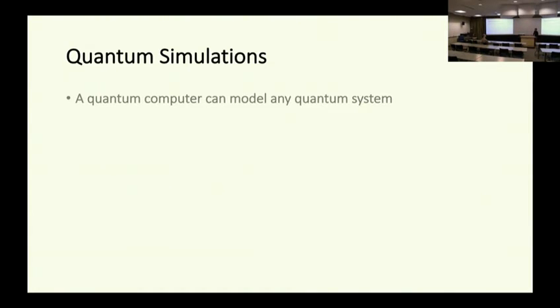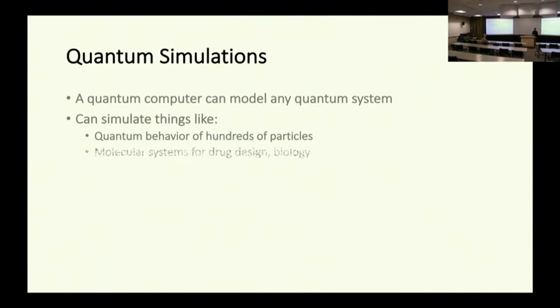A quantum computer can model any quantum system. Obviously, that was the whole premise of it. That's how the whole thing got started with Feynman thinking exactly this. So if you have this, you can begin to simulate things like nature. You can simulate quantum behavior of lots of particles, which you can't really do on classical computers because it's too expensive computationally. So you do that. You have the speed to do this. This has tremendous impact.